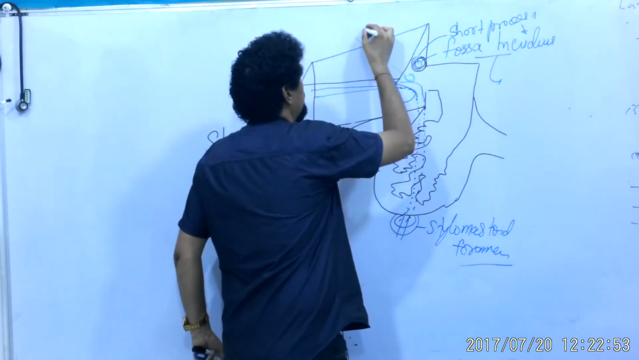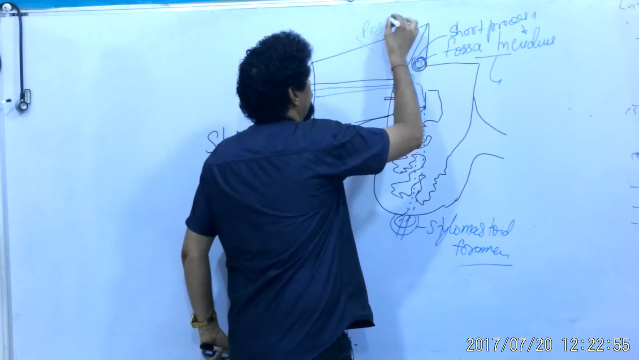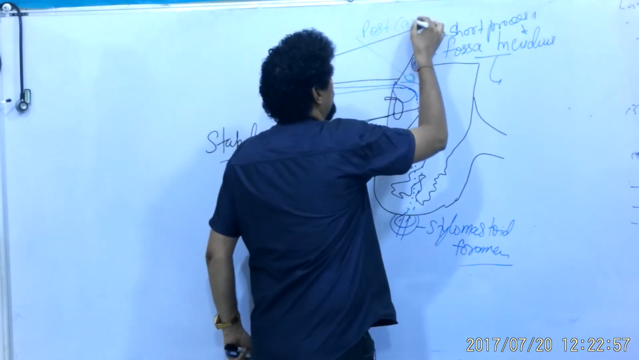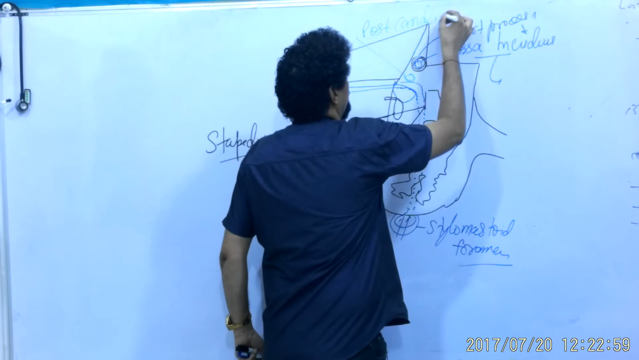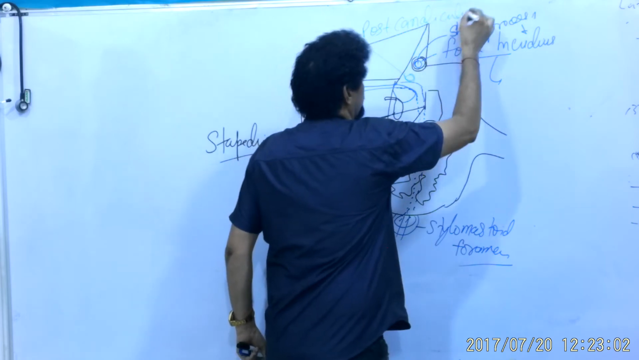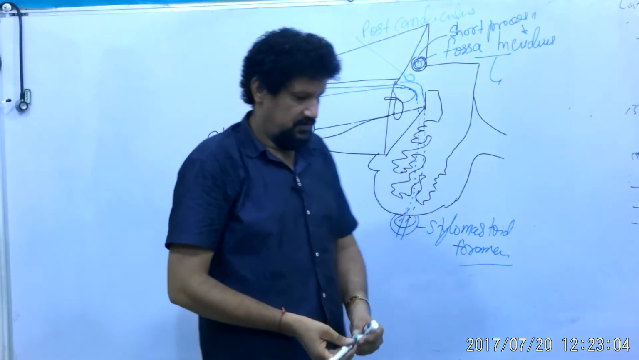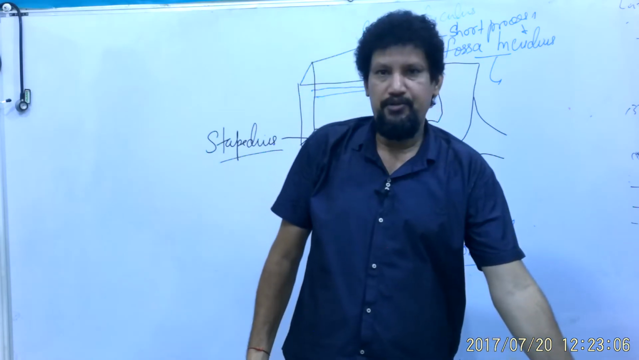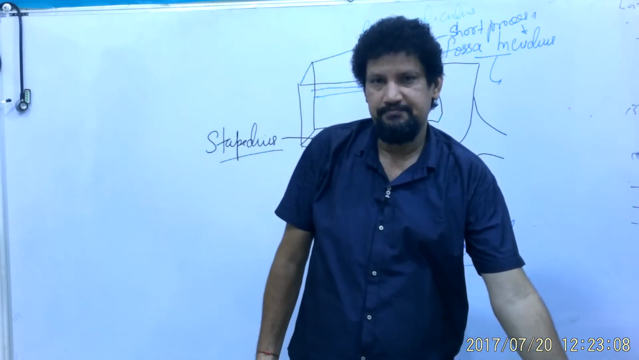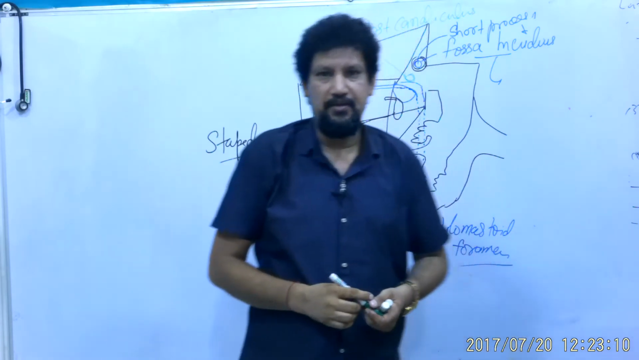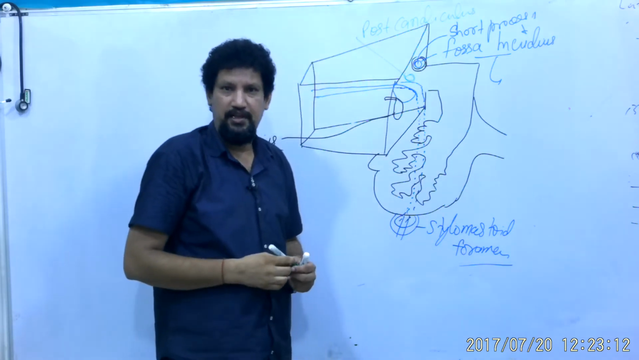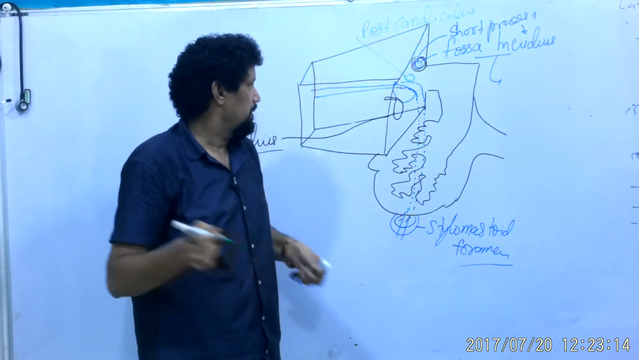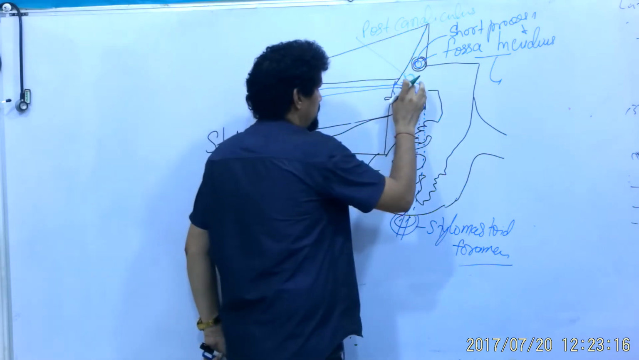This is the posterior canaliculus. Have you heard of anterior canaliculus? If there is anterior canaliculus, there should be posterior canaliculus also. So one branch